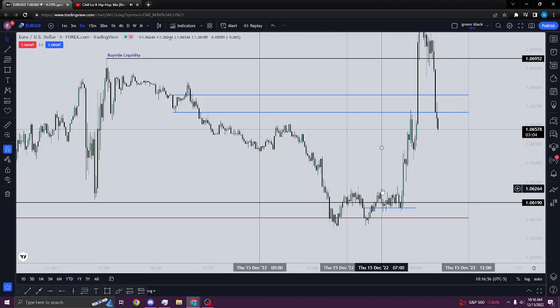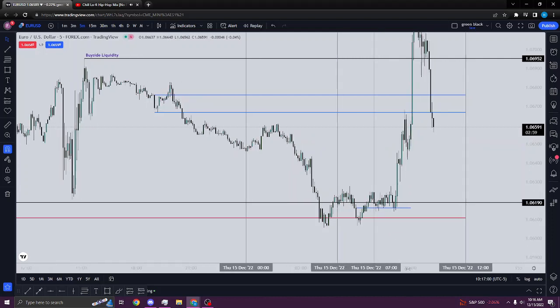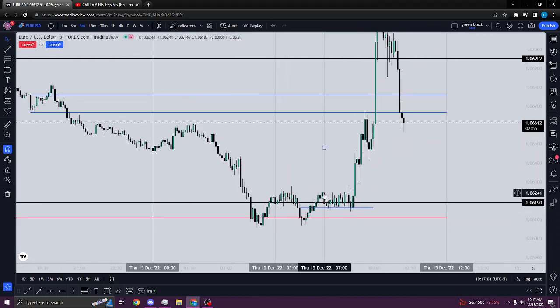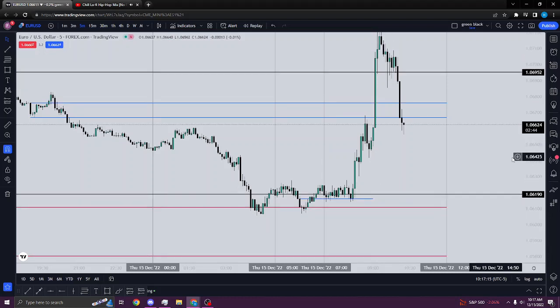But then when we get a rally and then 7 a.m. hits, which is a kill zone, time and price, you always want to be waiting for time. Okay, they probably took their nap. Now it's time to buy again after 7, which I did. After 7 o'clock, I'm looking for a lower move because ICT talks about this a lot. So I'm going to go over it real quick. Before a kill zone or before New York